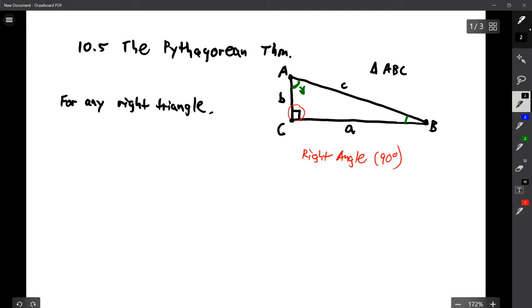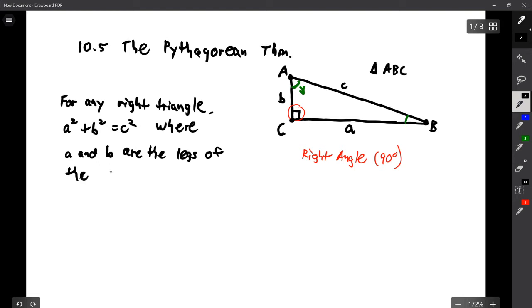For any right triangle, a squared plus b squared equals c squared, where a and b are the legs of the triangle, and c is the